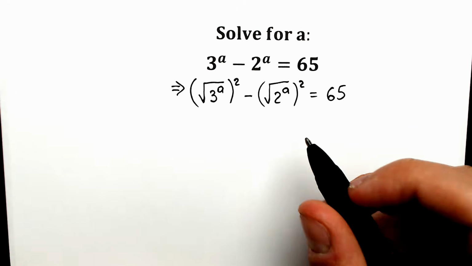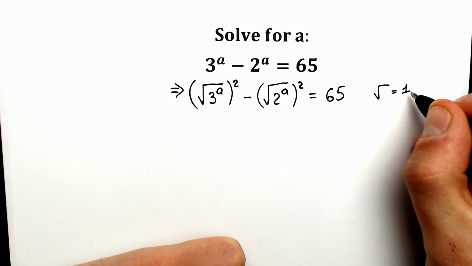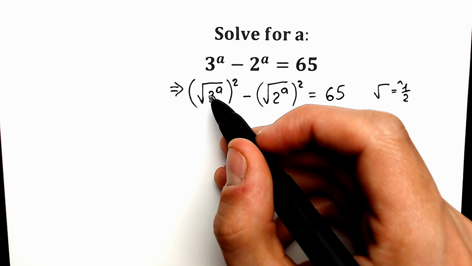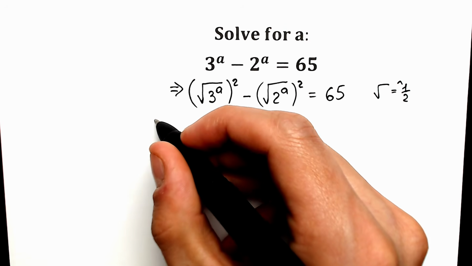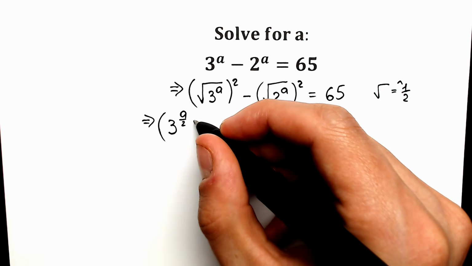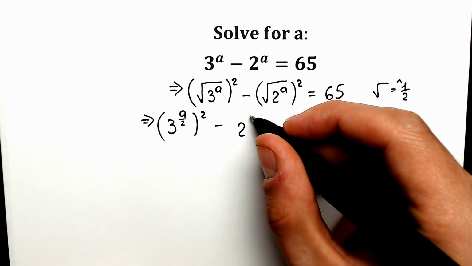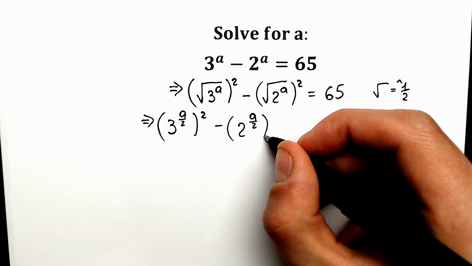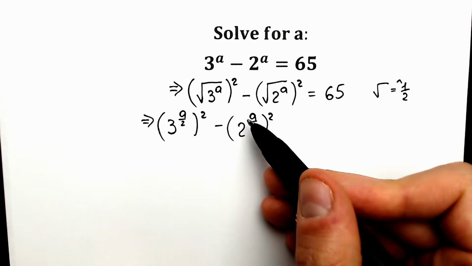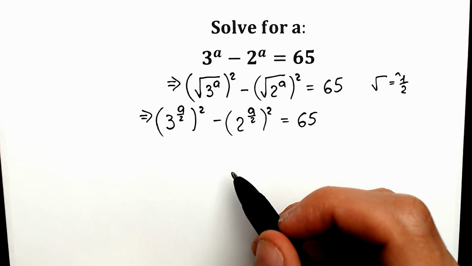Right now, everyone knows that square root is the power 1/2. So I hope you understand what I mean. That's why we can write this 3 to the power a as 3 to the power a over 2, raised to the power 2. And the same thing with 2 to the power a: 2 to the power a over 2, raised to the power 2. With this expression we can multiply a over 2, so we can easily write the same thing as in the beginning. So basically we change nothing, but in the same way